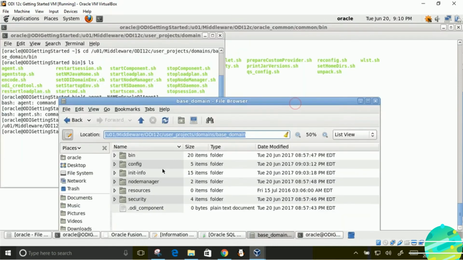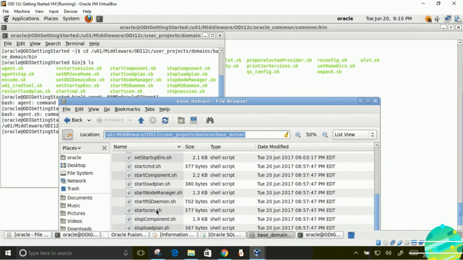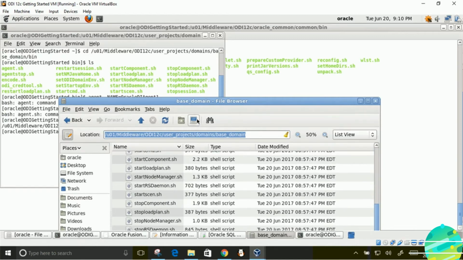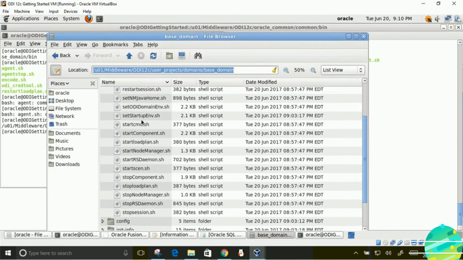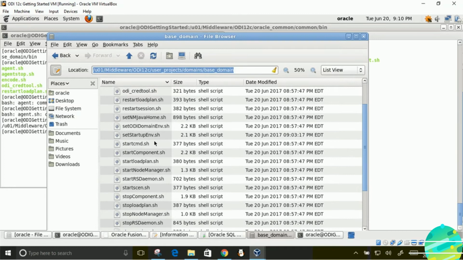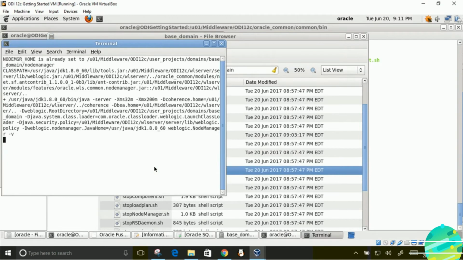After this, go to the directory which you have put during the first step. Most probably it will be middleware ODI 12C user projects, domains and base domain directory. Over there in bin subfolder you will have start node manager.sh. Double click on that. It will open the script.